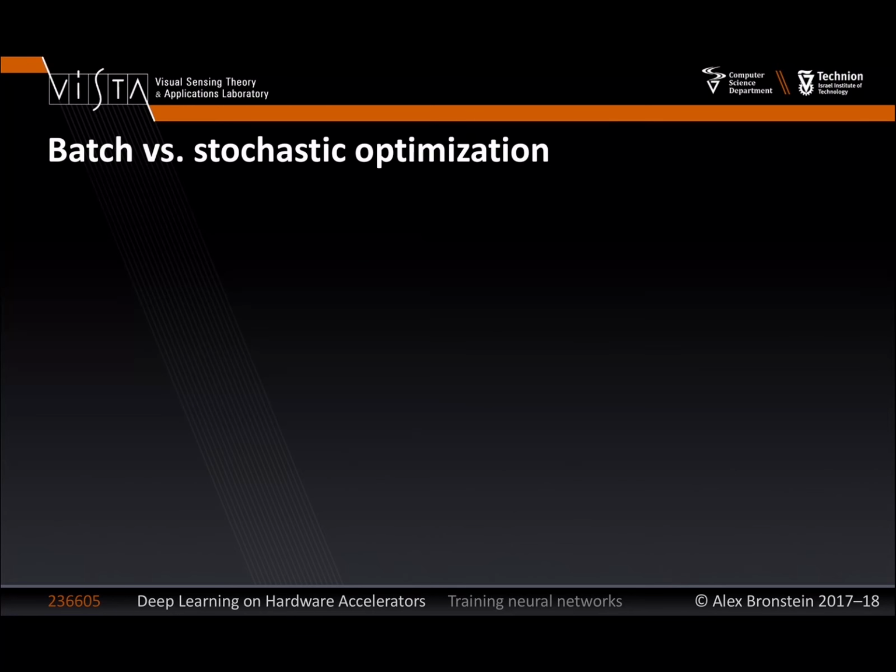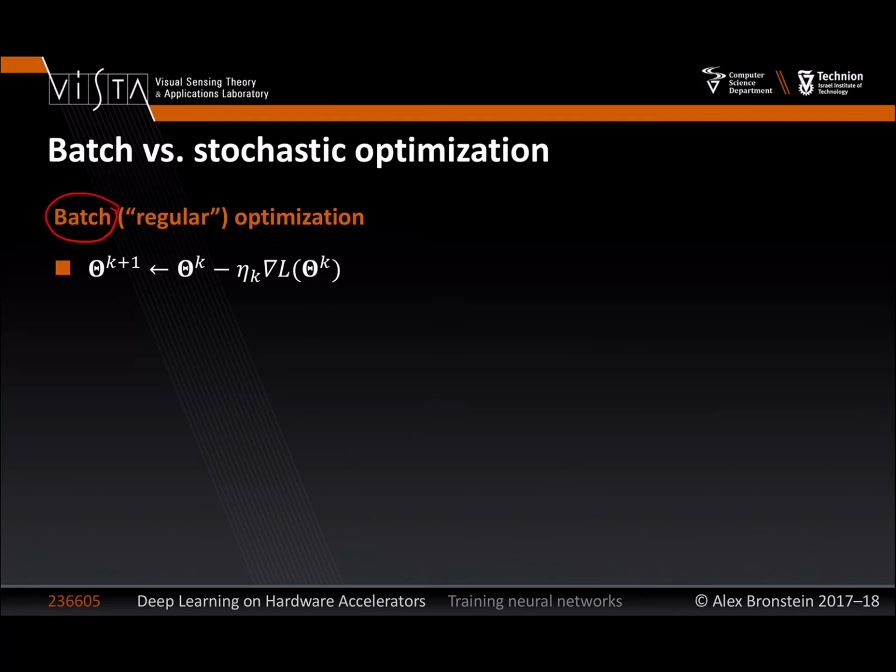So I would like to propose an alternative, which is stochastic optimization. So remember what we did in the regular optimization, which in this context will be called batch optimization. Okay, batch means that we are evaluating the loss function on the entire training set in a batch. So what we had, for example, this is a gradient descent iteration, right? And of course we had different modifications of this iteration, and modifications came by putting some stretch, some scaling matrix here, be it the inverse Hessian or some approximation of the inverse Hessian or something else. But basically this is what we did, and